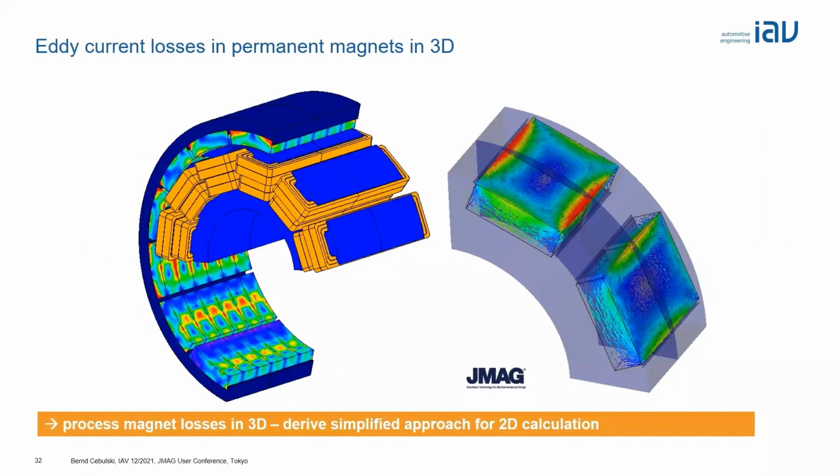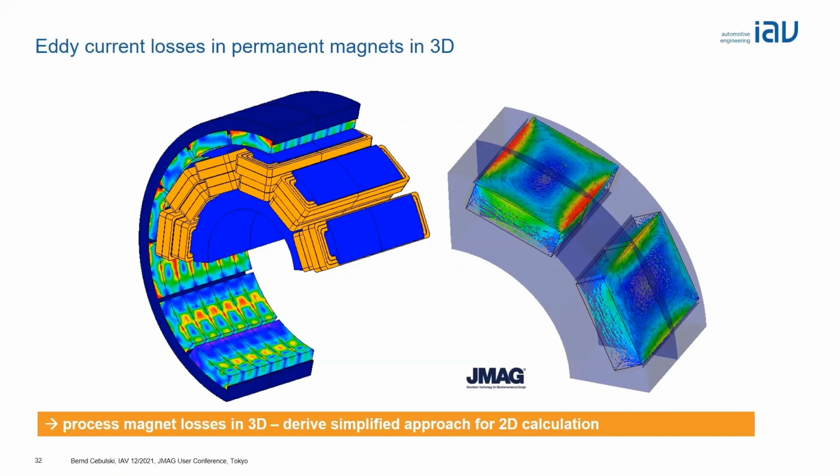The problem with the magnets is that the magnets heat up due to their eddy currents, and since normally they are not so good thermally coupled to the environment, they can overheat quite easily and can be demagnetized. So you have to take care about this eddy current, that it's not getting too high, and need a quite